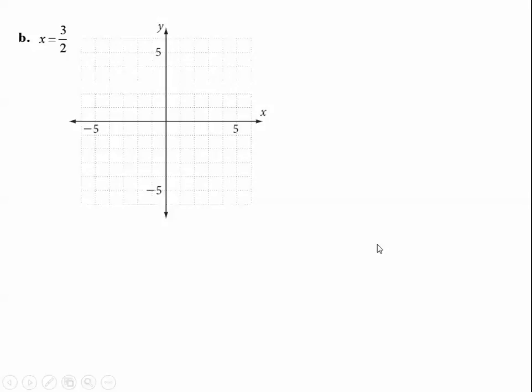All right, so let's go for it. Let's think what in the world this means here. So since x is equal to 3 halves,